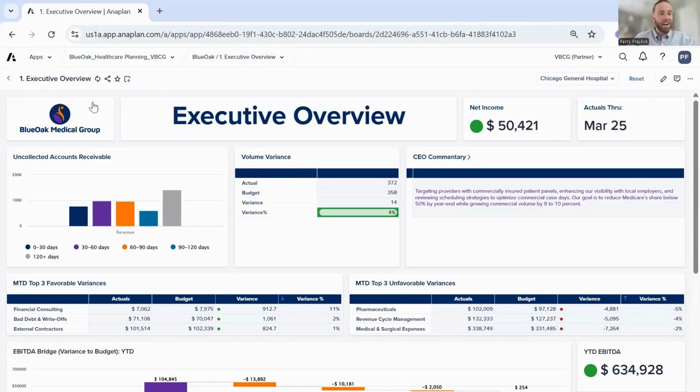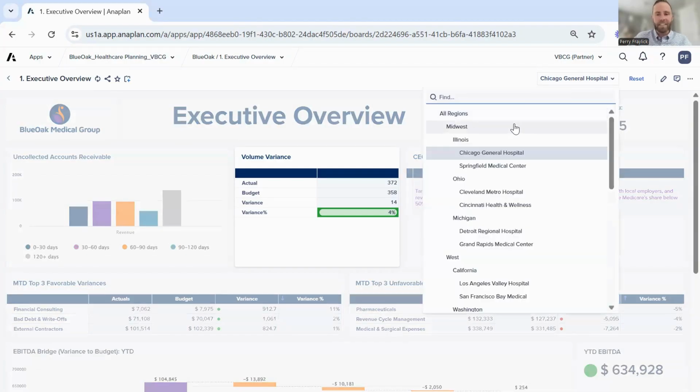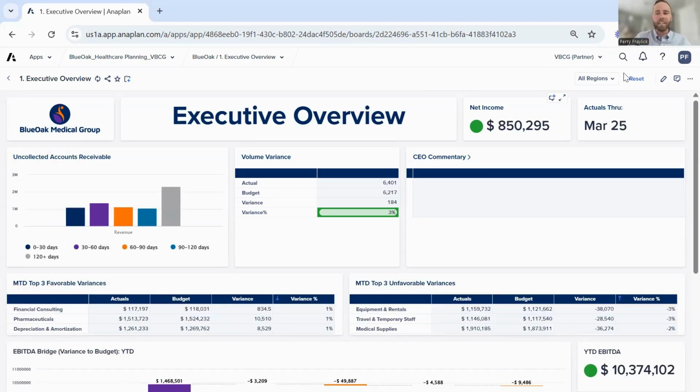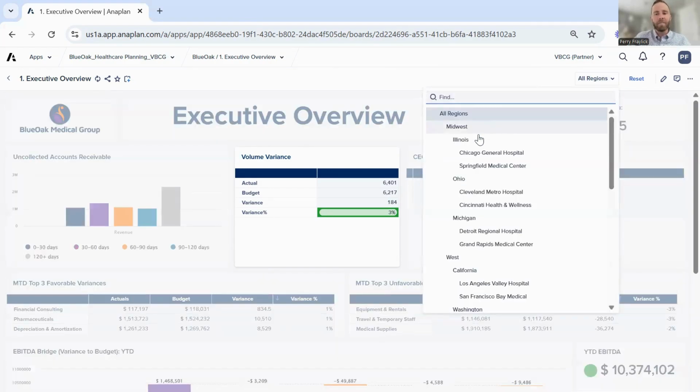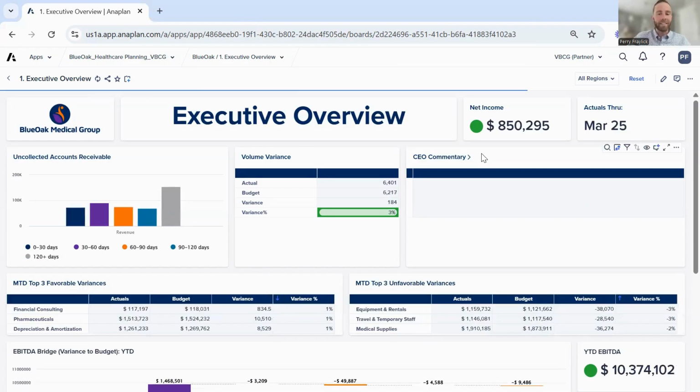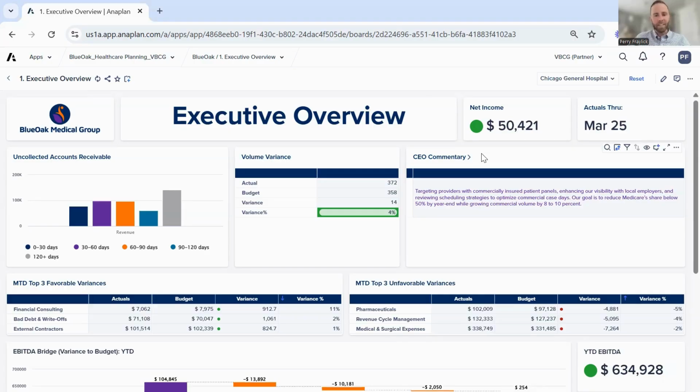So let's get started. Our company is called Blue Oak Medical Group. What they do is they oversee a wide variety of ambulatory service centers and hospitals. Up here, you can see that we have a hierarchy for our locations. We can come in, we can view all of our locations at once. We can go to the regional level, state level, and then ASC/hospital level, which I'll primarily focus on Chicago General